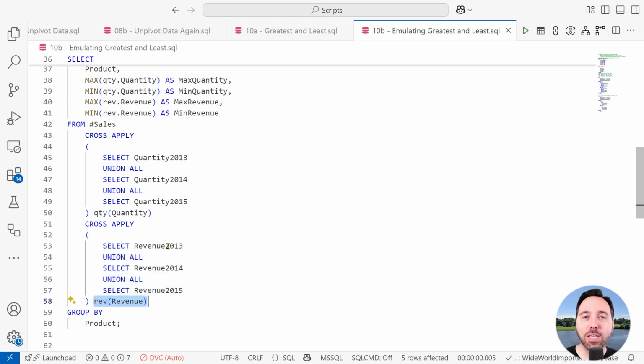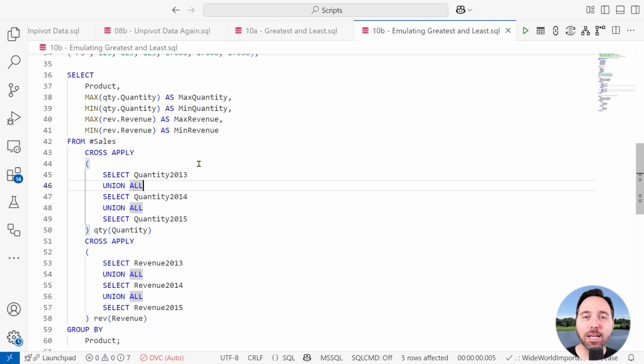Because we are using the same capability as we used for unpivoting data, we're really generating 3 rows for each product. For that reason, in my select clause, I have my product, and then I will use the max and min aggregate functions to get the largest and smallest values for quantity and revenue, respectively. But because I'm using these aggregate functions and I have a non-aggregated column, I need a group by clause with